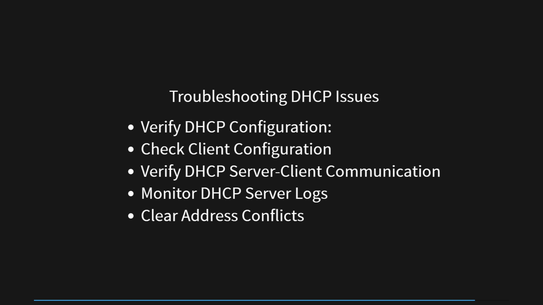effectively. Next, to facilitate seamless communication between the DHCP server and clients, it is essential to check for any network connectivity issues. Ensuring that the DHCP server is reachable and responsive to client requests is vital for successful address assignment. Monitoring DHCP server logs adds an extra layer of insight and understanding to the DHCP process. By observing logs for error messages and unusual activities, valuable information about DHCP lease requests, renewals, and releases can be